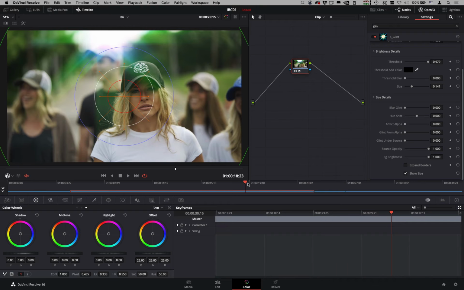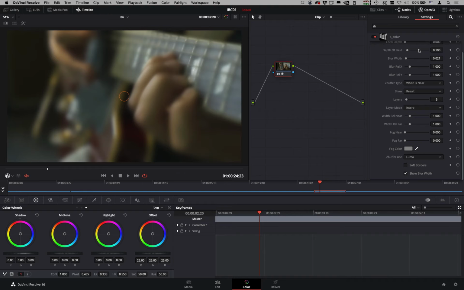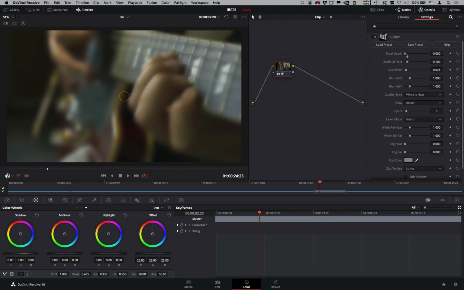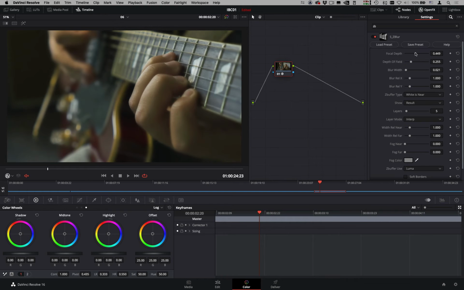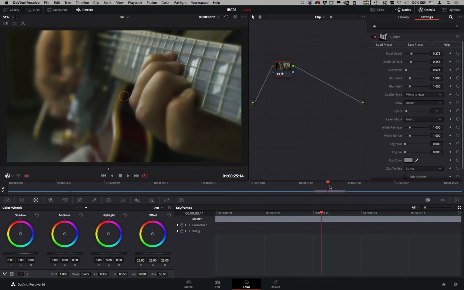Moving on to the next shot, I want to load a blur effect. What I'm after is the Sapphire Z blur tool. This enhances the depth of field, so I'm going to go and whack up the focal depth, whack up the depth of field, so to put that distant plane even more out of focus, before and after. Moving on,